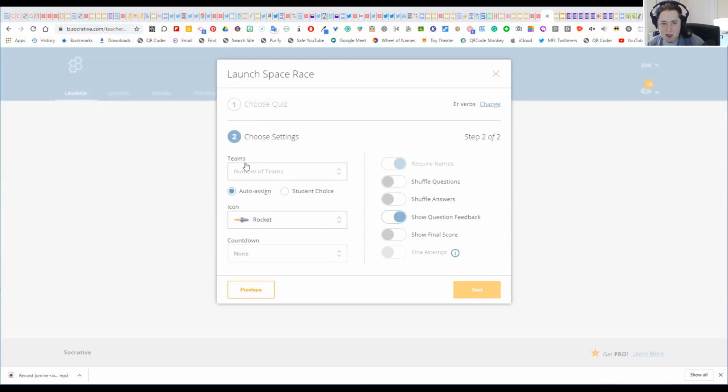Right, so as you can see here, it says number of teams. So as we've got 26 people in the room, I'm going to click 20, which means that some of you may be paired up. You've got the different icons. You've got rocket, bear, bee, bicycle, spaceship, or unicorn. So obviously we need to go for unicorn. And I always go for auto assign. I will have show question feedback, and we're good to go. Right, so if I click start,